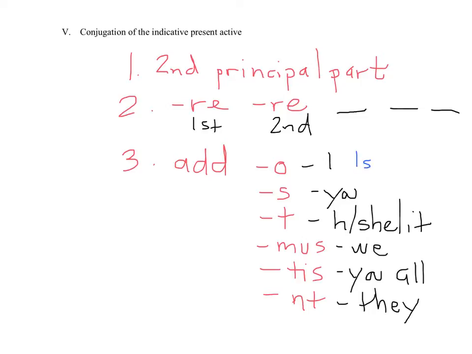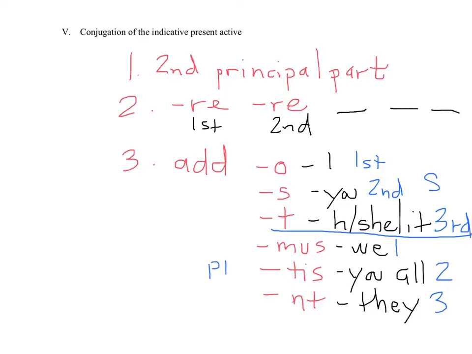I is the first person singular. This is the second person singular. This is the third singular. This is the first plural, second plural, and third plural. So the singular is the first three. The plural is the second three. Once you have a word like laudare, the second principal part, because it ends in RE, you drop the RE, then you add the ending,